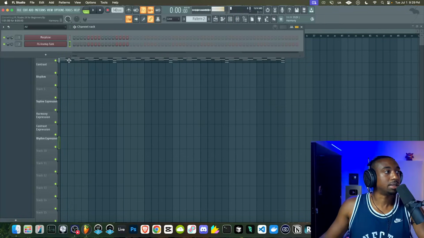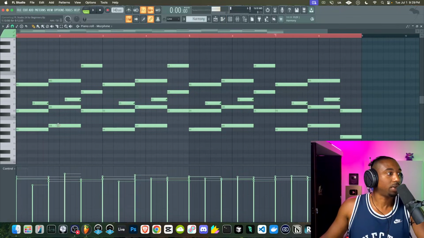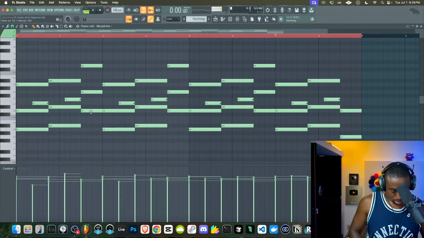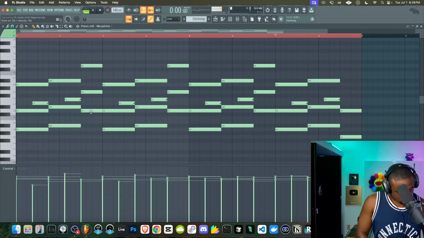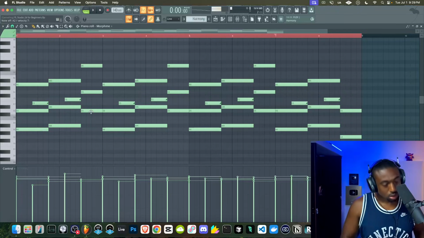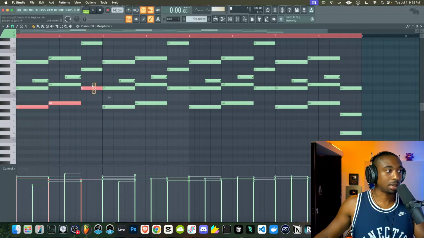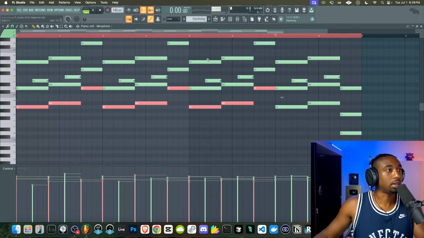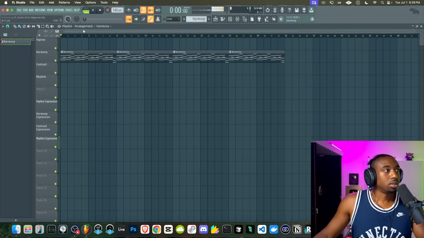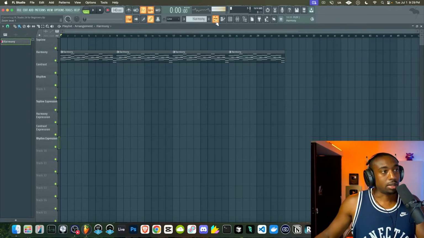And now we're just going to play the same exact thing, but just down an octave. So we have A sharp, D. You guys could copy and paste, but it's not going to feel the same. This is why I'm going to play it by hand. So let's show you a technique. Let's go to song mode. Make sure you guys are in the playlist.